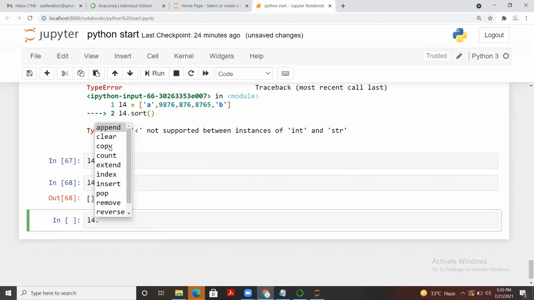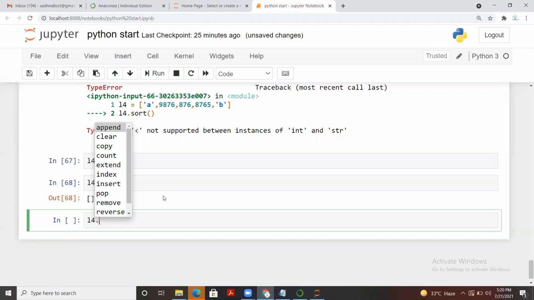So what are the others? It was the copy function. Copy is in case you want to make a copy of the list and store it to a different list, you can create that copy using the copy function. And in case you want to count the frequency of a particular record which is there in that list, you can use the count function. Extend is in case you want to add multiple elements all together. Index is to know the position of a specific element which is there in that list. And insert is in case you want to add something to a specific position. We can pass two arguments to insert: the first is at what position, and the second is the value we want to add at that position.